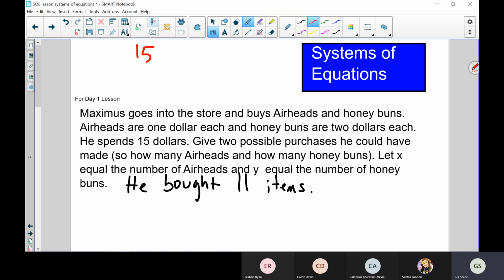So that was the second part that we added when we did the lesson later. But you need, oh, so again, write this information. So you're writing from here to here. Then ignore that sentence. And you need this. And then you're also going to write, after you do all of that, you can go ahead and just put X equals the number of airheads. And then you can just write Y equals the number of honey buns. You can write those words out, but I'm just doing